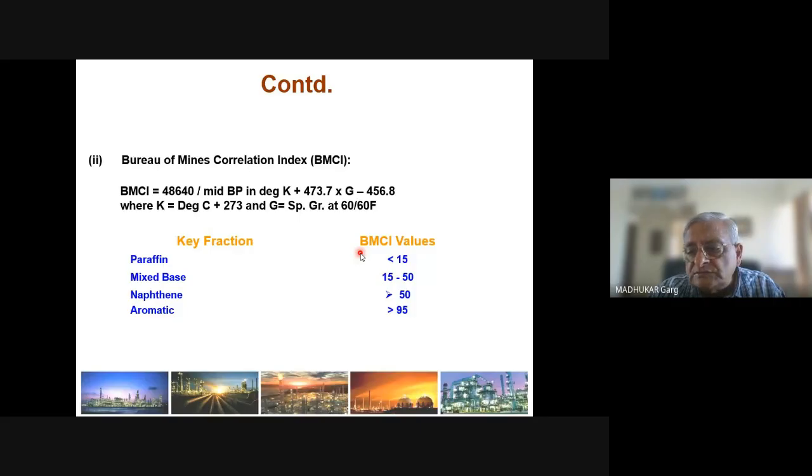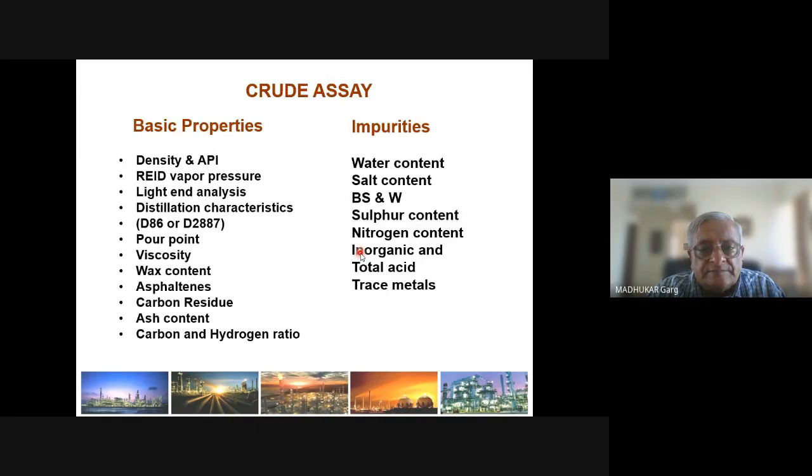We also introduced another term called BMCI, the Bureau of Mines Correlation Index, which is a variable that is a function of density and mean average boiling point. And this is applicable more for carbon black feedstocks, which are used to make carbon black used in the tire industry. And that brought us to the definition of the crude oil in terms of what we call a